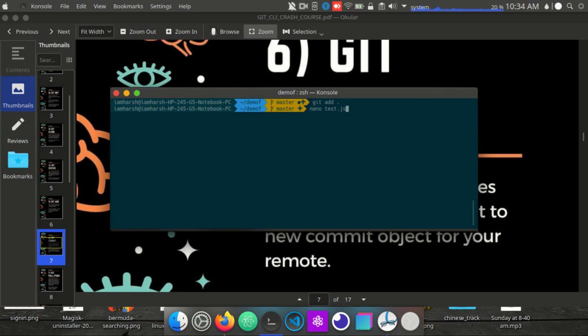Now we'll make a commit. We'll take a snapshot of the current state of the files by typing git commit -m, m for message, and give any commit message you want. Hit enter, and it will take a snapshot of this file at that particular time. You can see on master, one file changed, one file inserted, which means a new file was created, with create mode. Now if we type git status, it will say nothing to commit, everything is on track. Cool, so this is how git commit works.